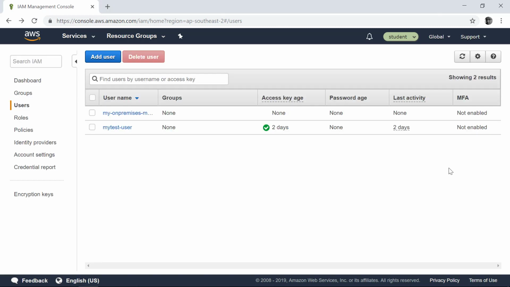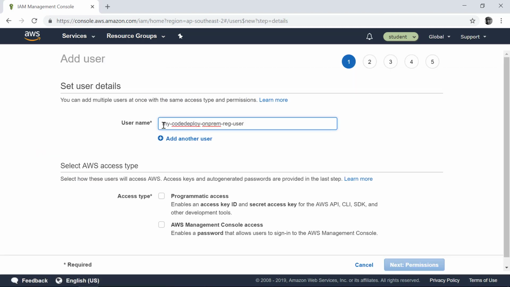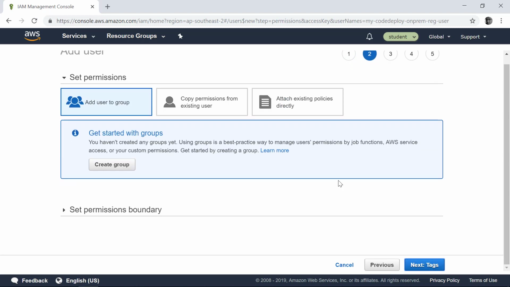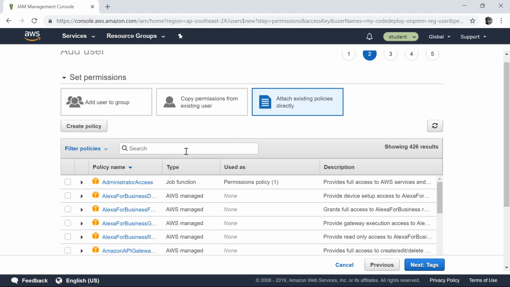Close the window. We are going to create another user which we are going to use to register the on-premise instance. Let's create another user. The name of the user is my CodeDeploy on-prem reg user. It's going to have programmatic access. Click next permissions. Here also you can give fine-grained permissions, but in this case I'm going to attach AWS CodeDeploy full access,